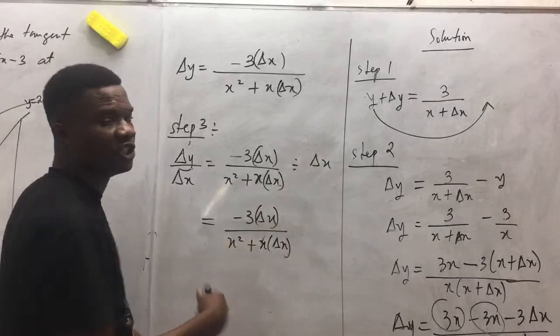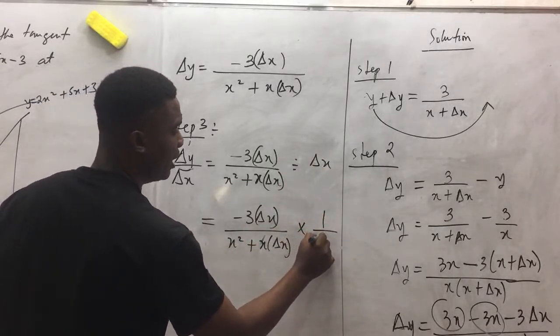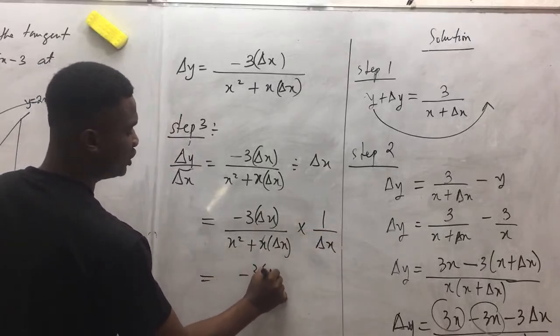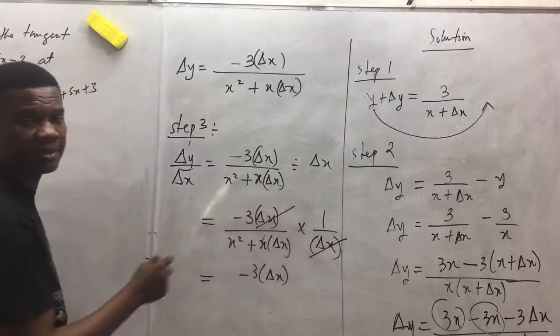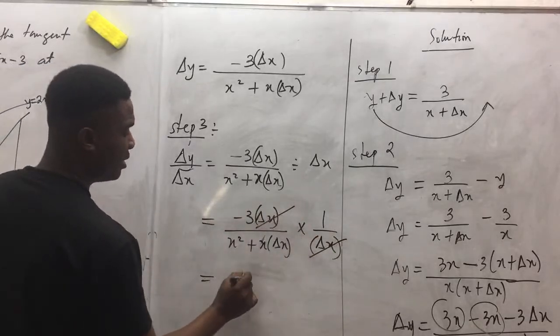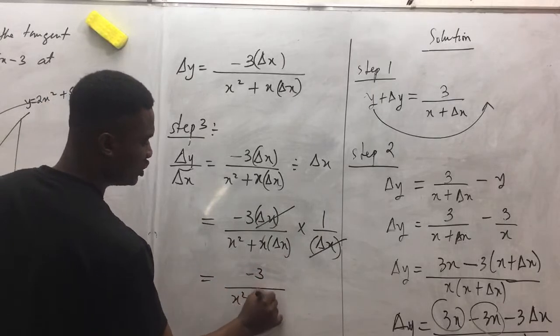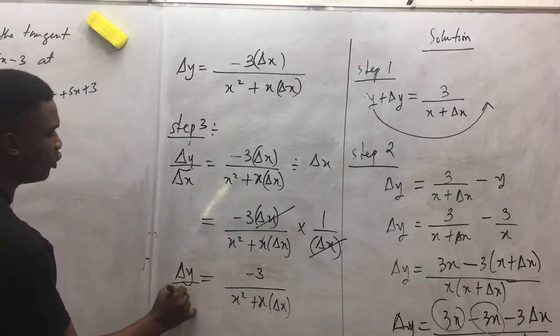When this division is changed to multiplication, we take the reciprocal. So this becomes 1 over change in x, and it simplifies to minus 3 change in x. Of course, you will clearly see that change in x can cancel this, and we are left with minus 3 all over x squared plus x change in x. Now, this concludes our